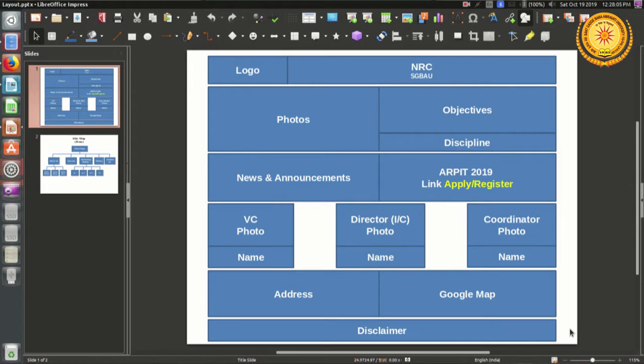As I have mentioned, we are creating this website for a training purpose only. We are just learning how to design websites using Google Sites. And what I have done, I have selected our National Resource Center for creating the website. So that's why I just want to put a disclaimer notification that this website is designed purely for training purpose and it is not at all associated or connected with any official part of our university or its subsections. So I am just putting that notification.